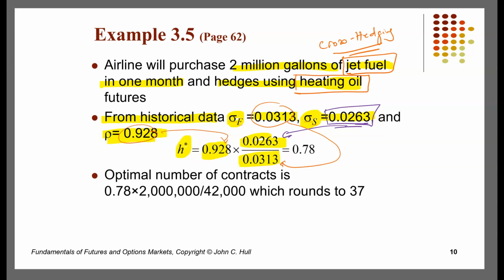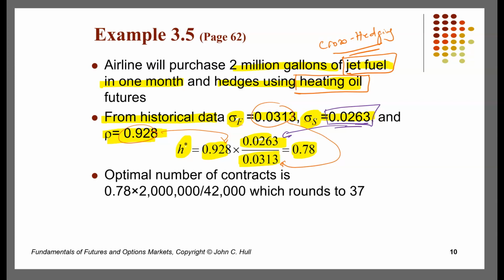What that gives us is a hedge ratio of 0.78. Now, the 0.78 essentially means that we don't quite need one contract for every gallon of jet fuel that we are looking to protect against, right? What we really need is 0.78 futures per gallon, and therefore we need to adjust the number of